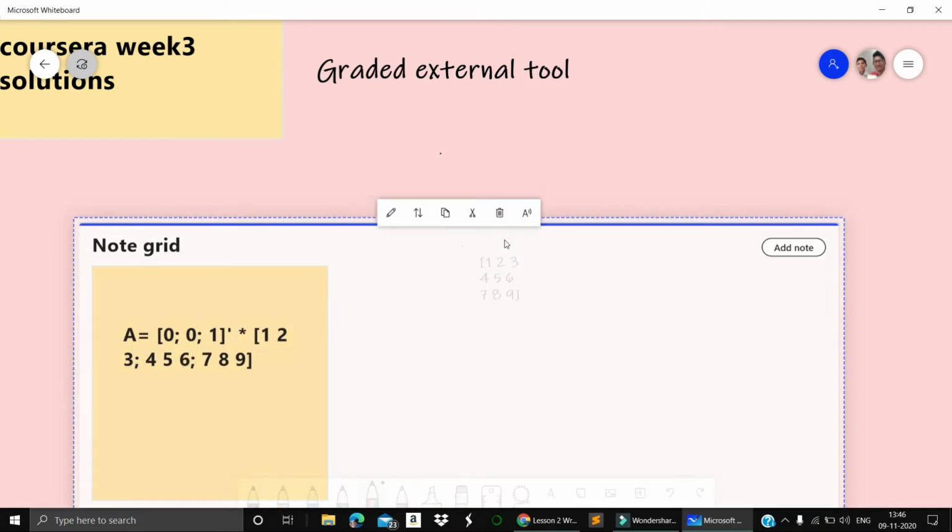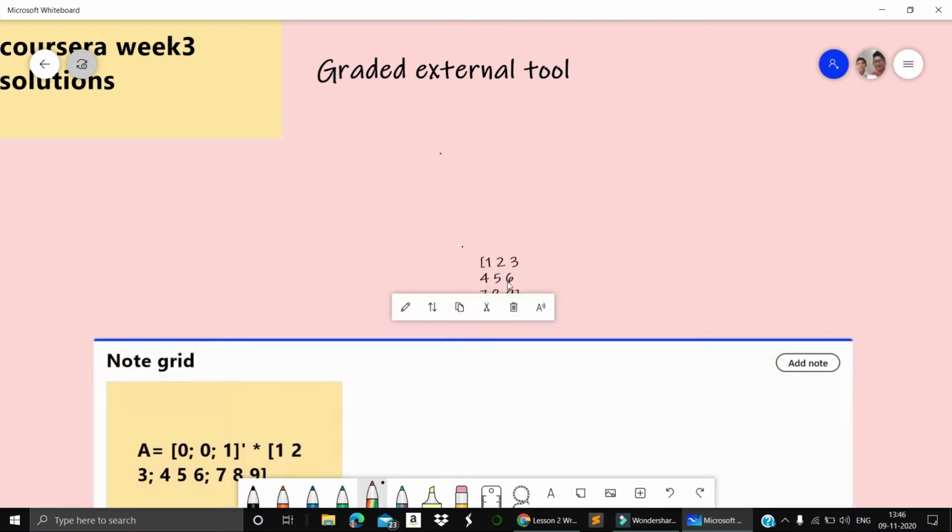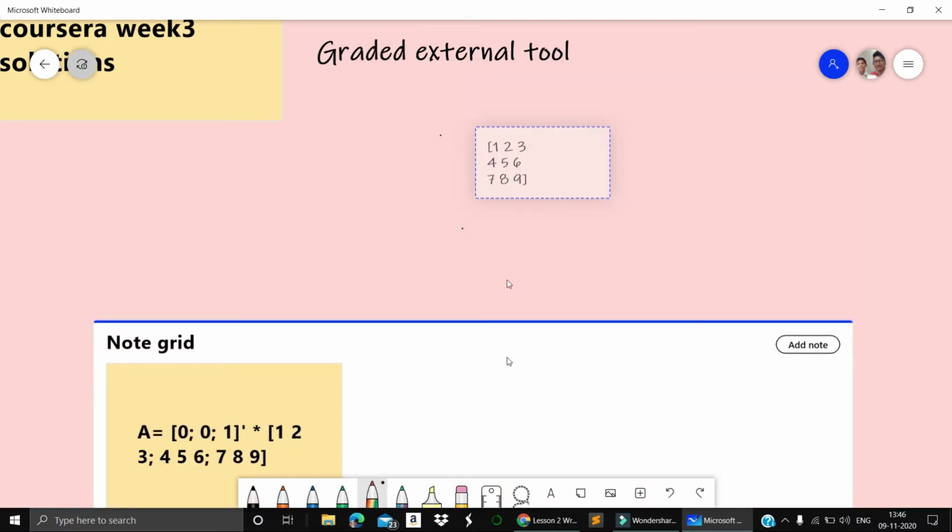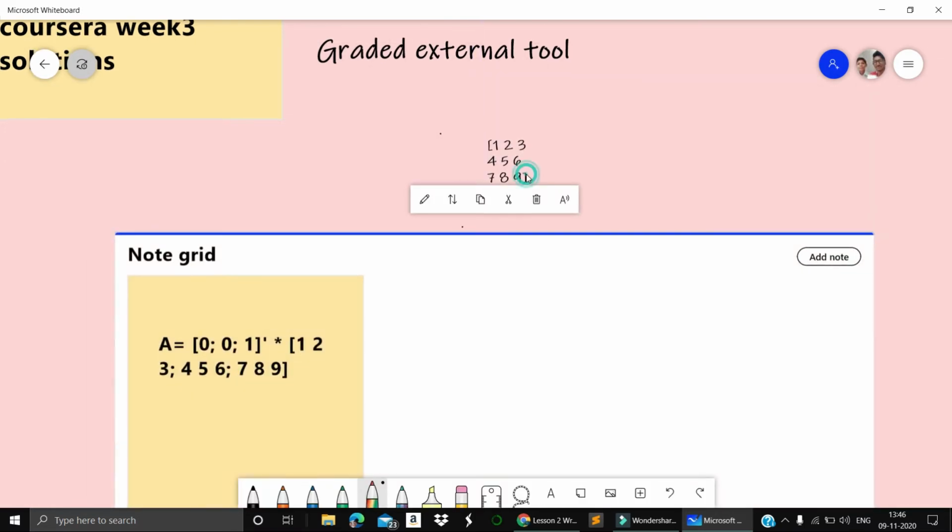Sorry, it was dragged below, kindly bear with us. Okay, we have this question, this is done. Next, you will have a row matrix of 0 0 1.